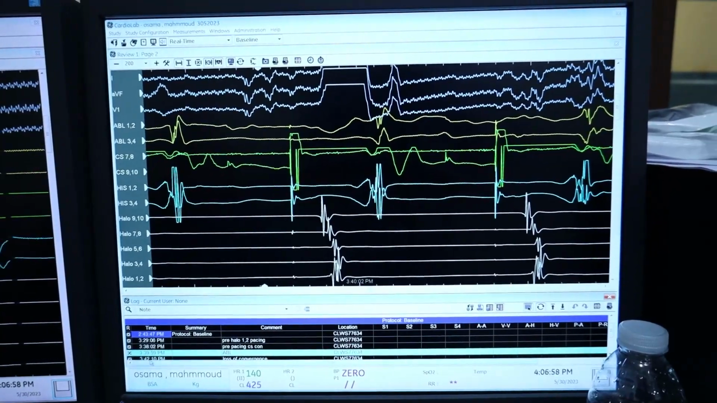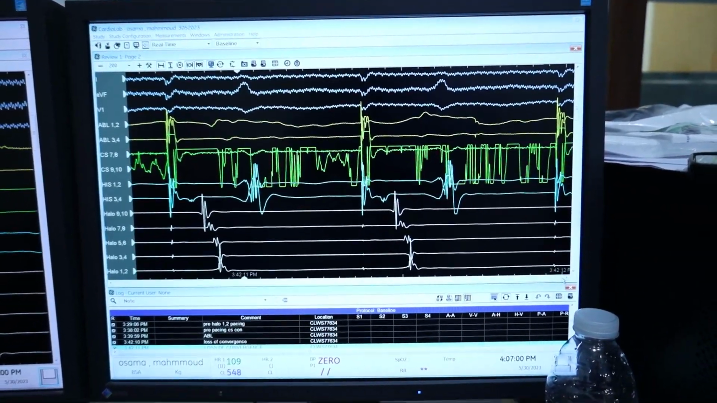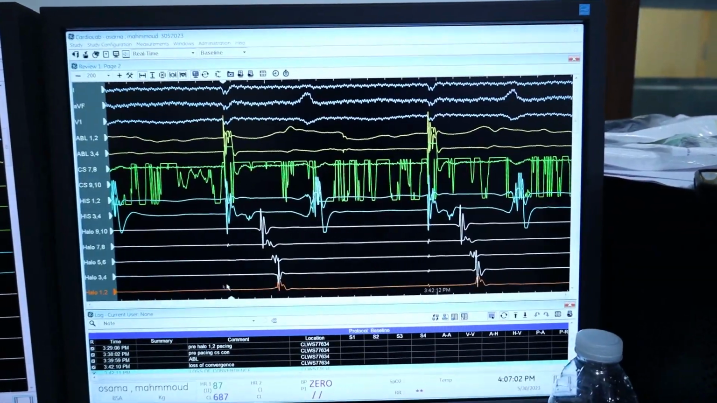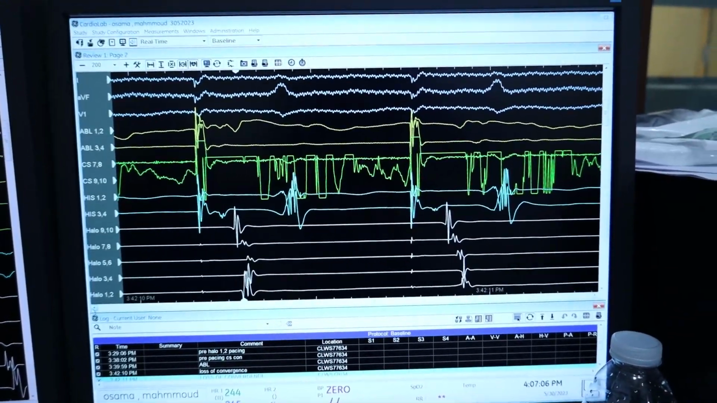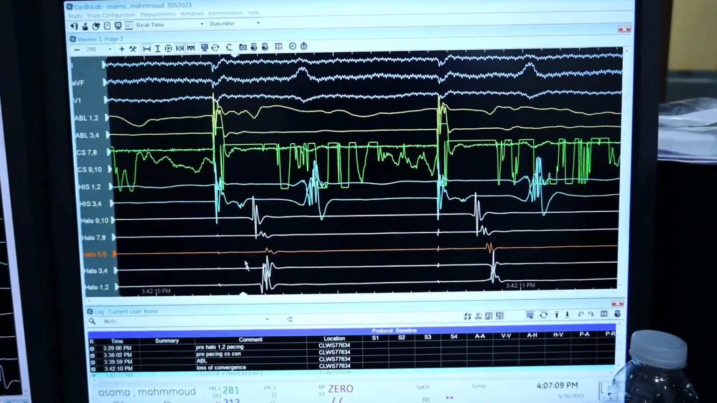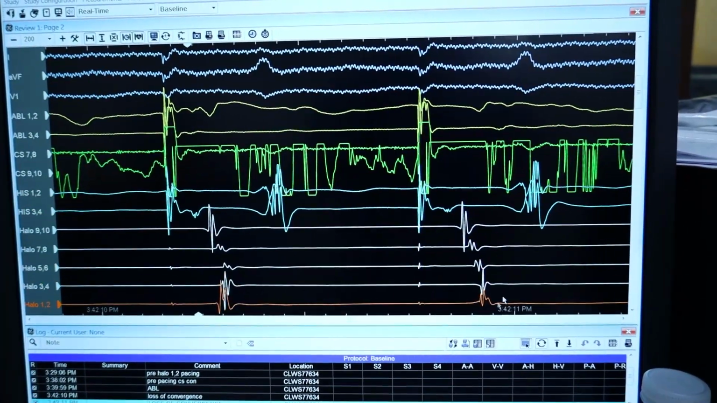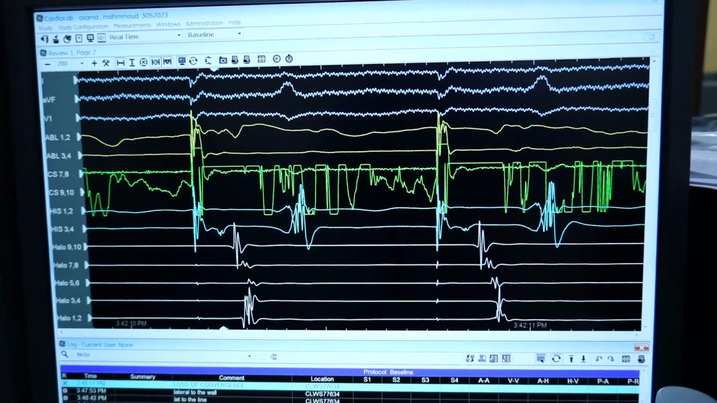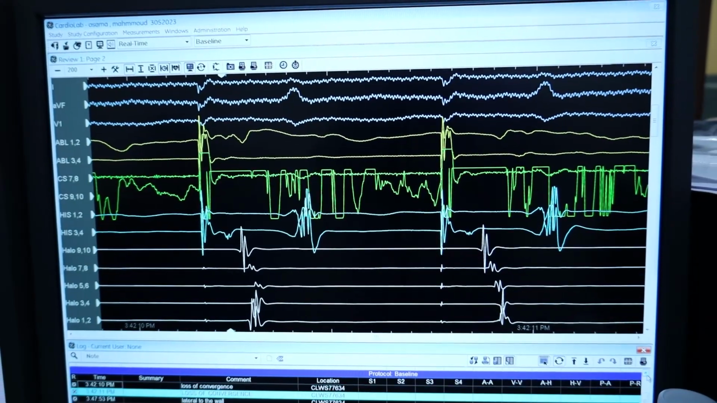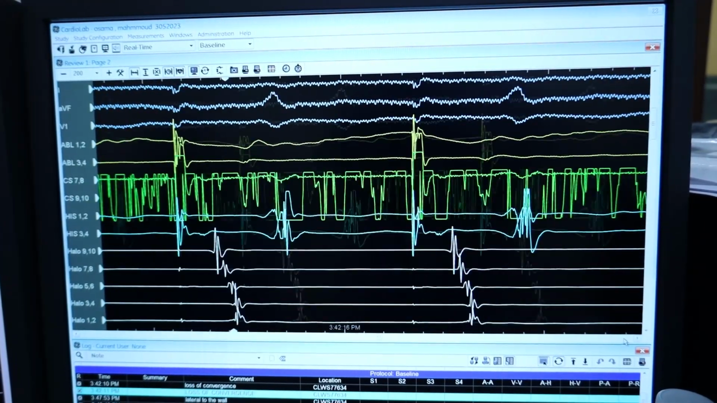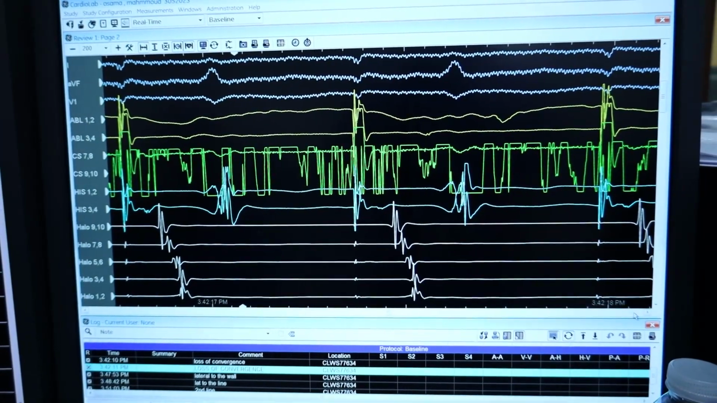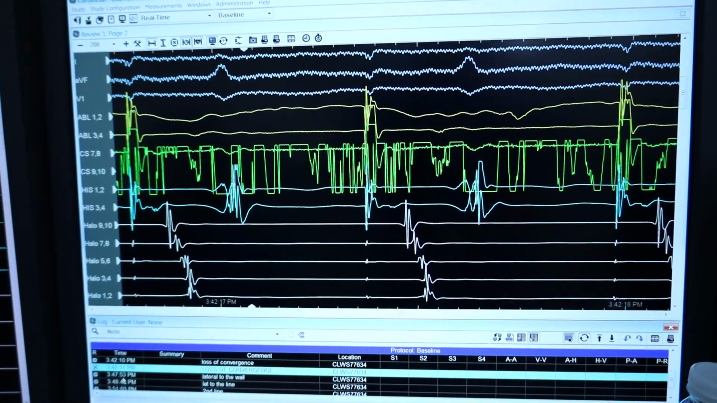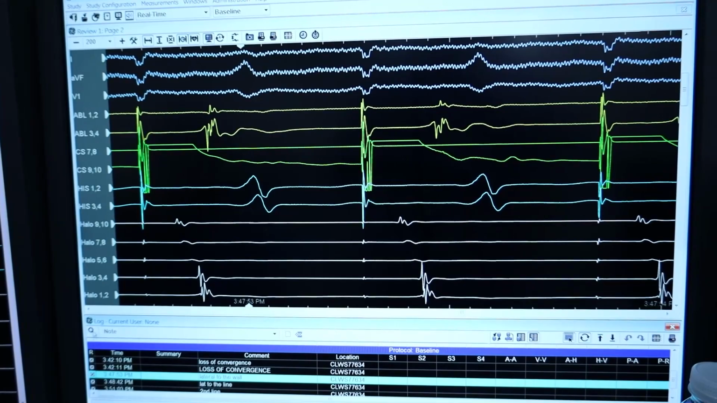We can appreciate here the loss of convergence during ablation. You can see it here. There's convergence on this beat and loss of convergence on this beat. Then after doing the line and again a second line, we started to pace from the CS